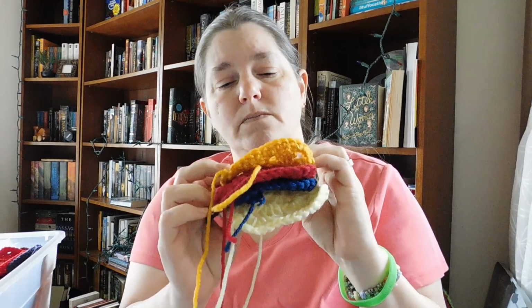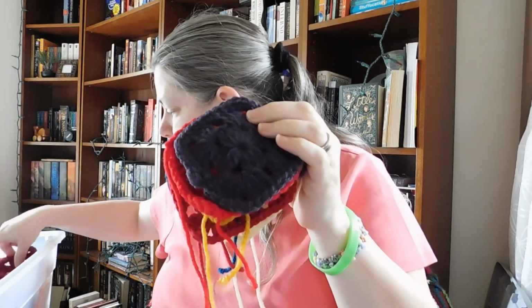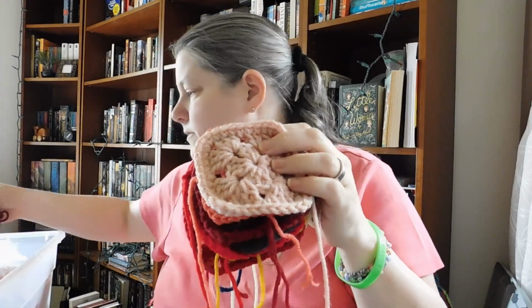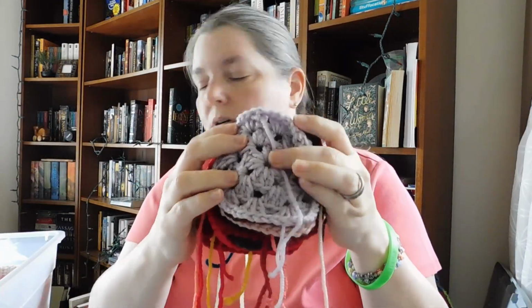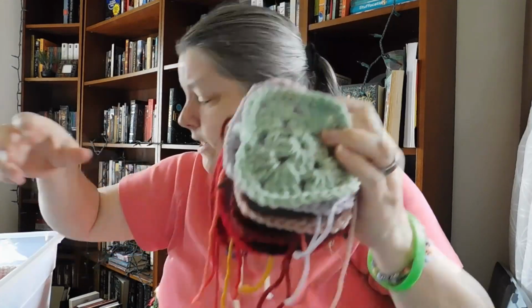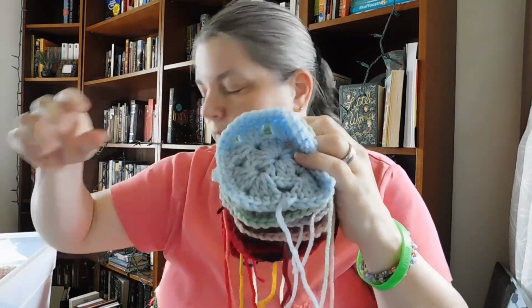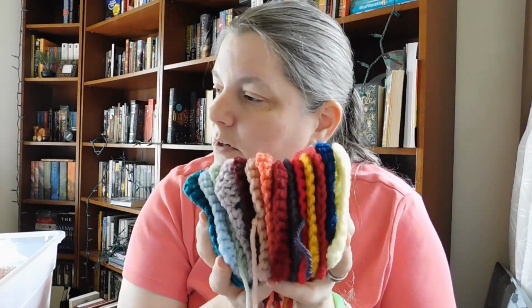So a mustard yellow, kind of gold, a bright red, purple, and another red. Sort of red, sort of pink. Some dusty Victorian rose pink. Some dark burgundy or merlot. Light shade of purple. Green. Actually, I've got 2 of the green. Blue. And a teal. So it'd be nice, because in random yarn bin number 3 or number 6 had a pile